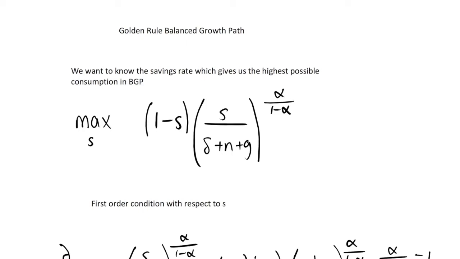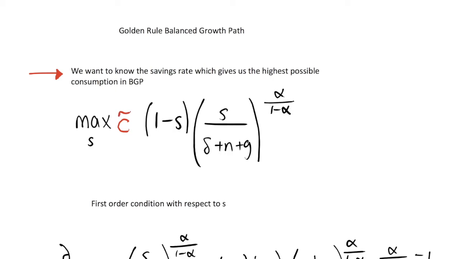Hi, so in the previous video we found the actual values of certain variables on the balanced growth path in the Solow growth model, and in this video, as we hinted at in the previous video, we want to know the savings rate which gives us the highest possible consumption once we are on the balanced growth path. So effectively this just means we're going to maximize our consumption, and in the previous video we showed that